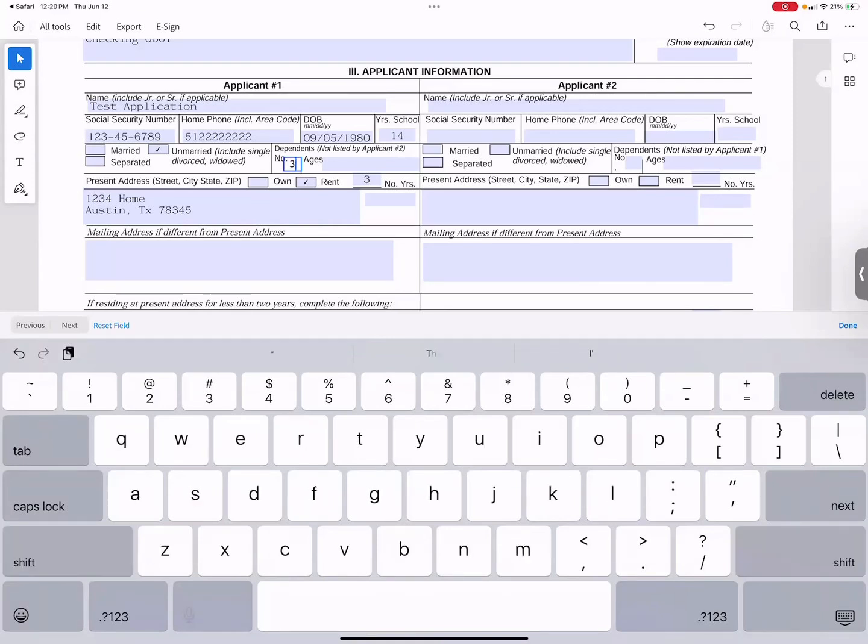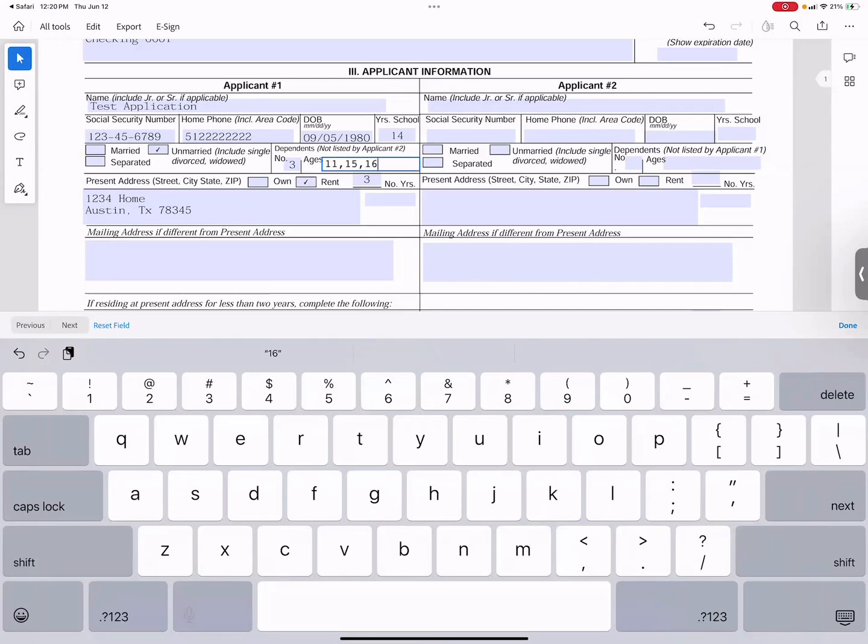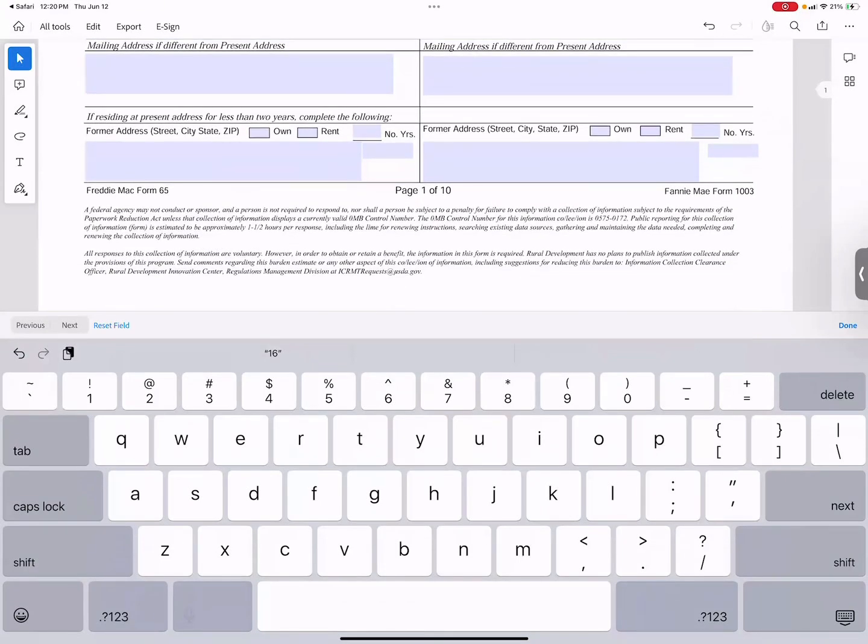So I'm going to put 3 dependents, and then we're going to put the ages of, let's say, 11, 15, and 16. Those are going to be the dependents. All right. And so if we don't have any, if we have 2 years listed, we're going to skip that